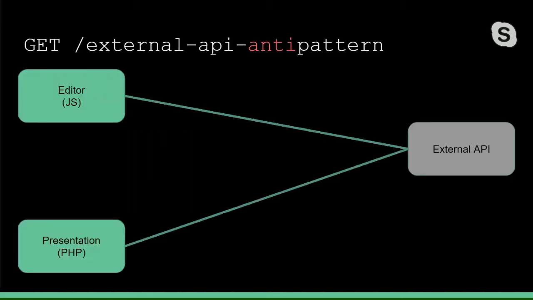Let's imagine we're building a dynamic block that accesses data from an external API using JavaScript in the editor and PHP for the dynamic block render callback. Some of you probably have code that directly accesses the external API like this. It's okay, me too. So why am I calling this an anti-pattern? The main problem is code quality. If the external API changes or breaks, you are at its mercy. Also, this setup will invariably make your code difficult to test.